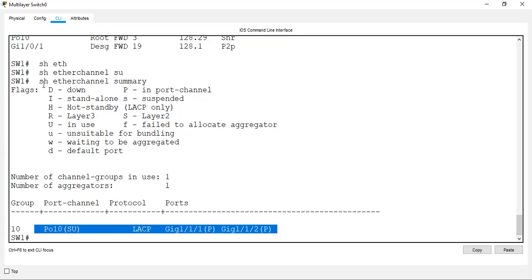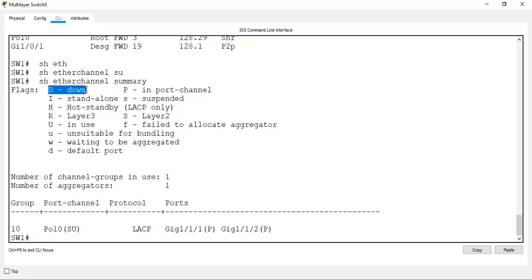If you see a down, it means your uplink is not up, which means your SFP may be down, or the SFP is not seated properly, or the SFP brand is different, or the speed is different, or your fiber splicing is different.